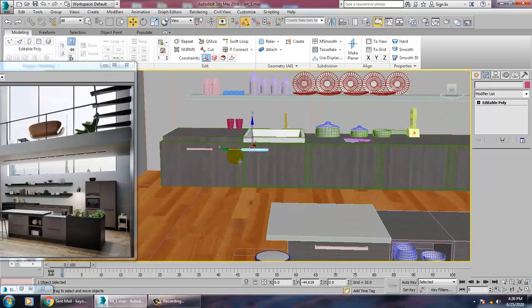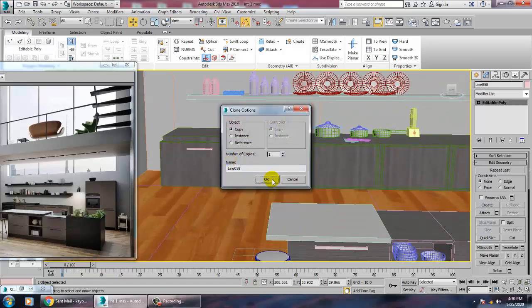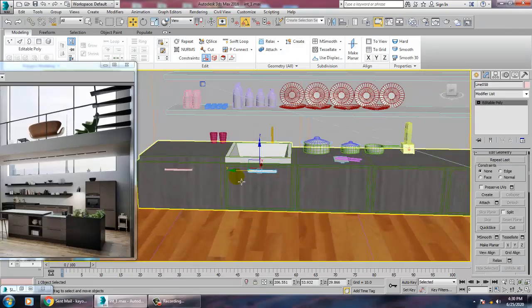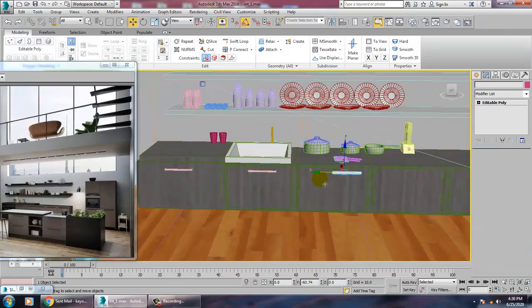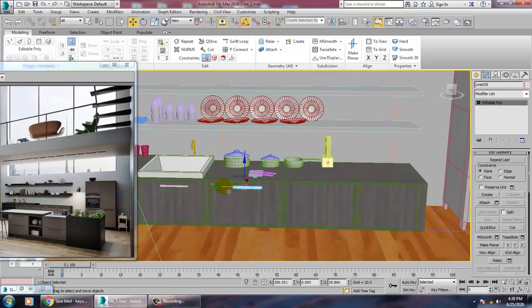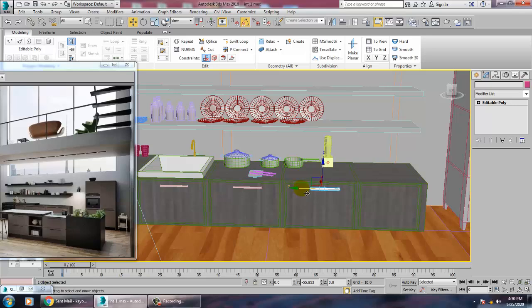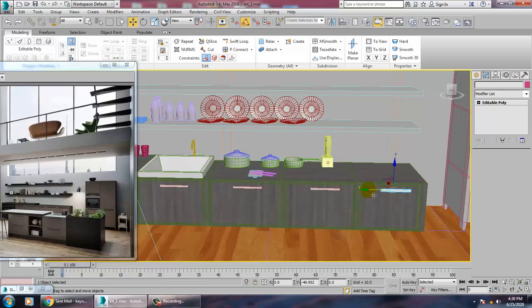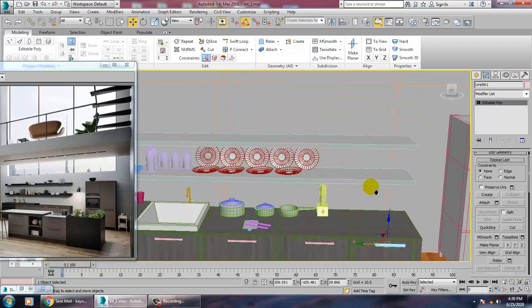Press shift and drag. So you can just duplicate these handles. We'll just make a copy of all these handles which we are utilizing.